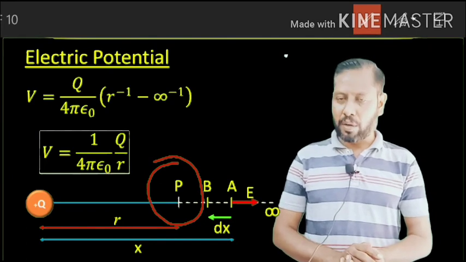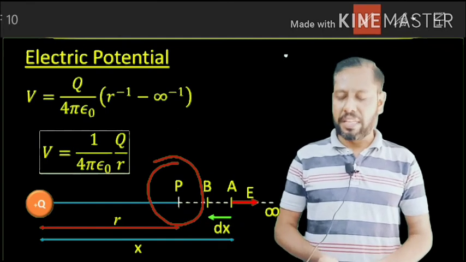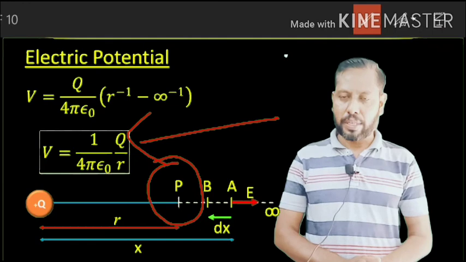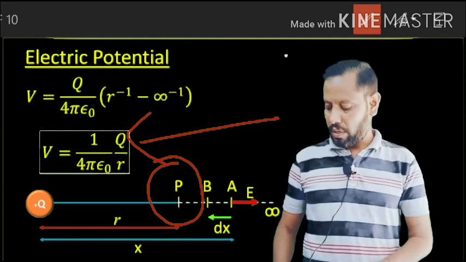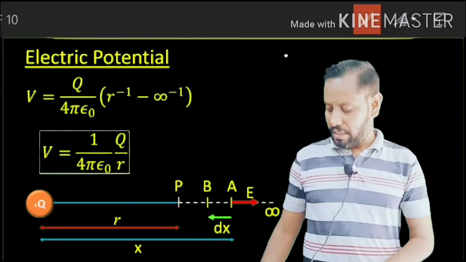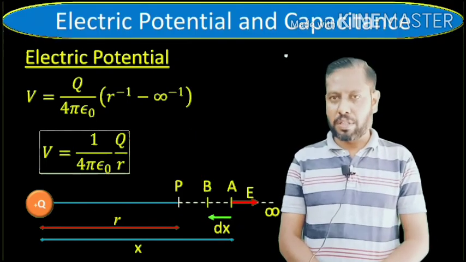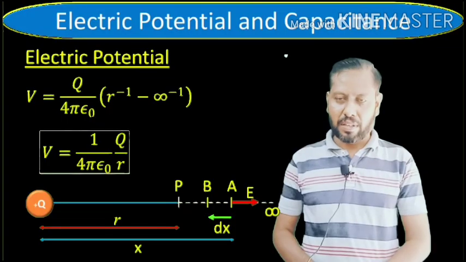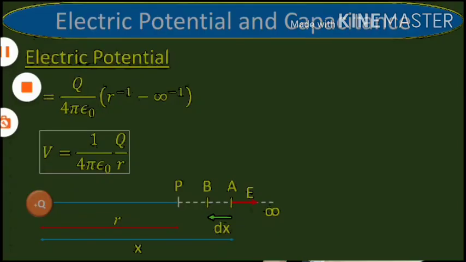So you can find the electric potential in general for any charge, and that can be given by this. We have already taken this formula, and here we have just proved it and tried to understand how this formula comes. So this is all about the concept of electric potential and how to find the electric potential for the case of a charge. Okay, so we will stop here.